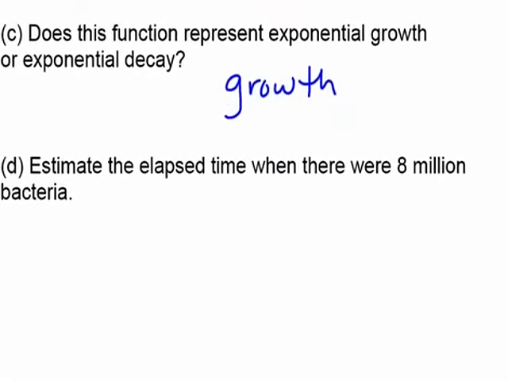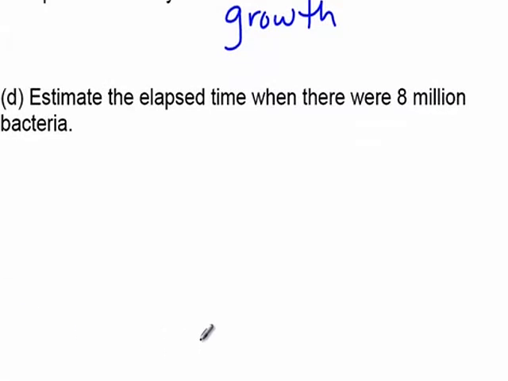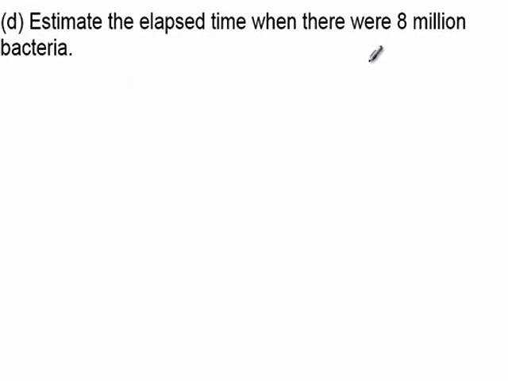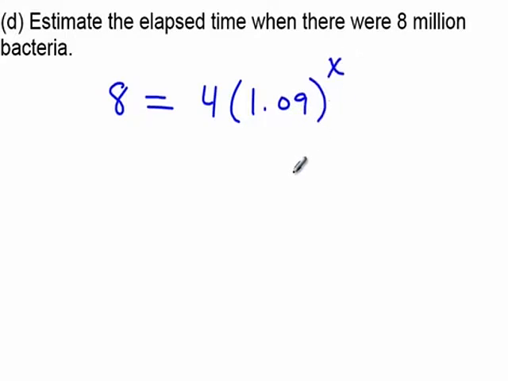D, estimate the elapsed time when there were 8 million bacteria. So we want to find the value of x that causes the function to equal 8. So we would have 8 equals 4 times 1.09 to the x power. So we'll start by dividing both sides by 4. That gives us 2 is equal to